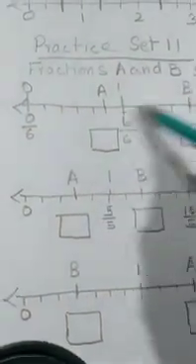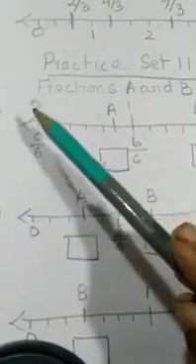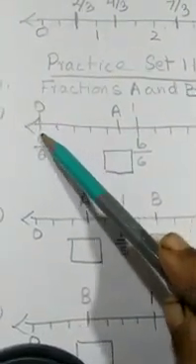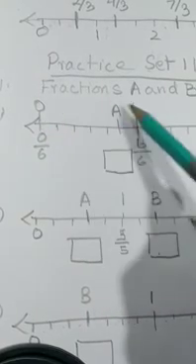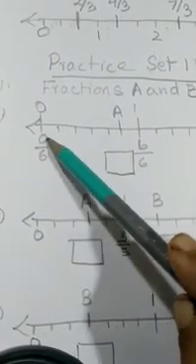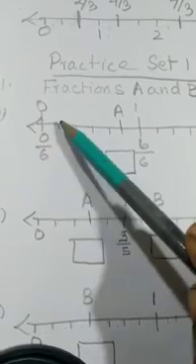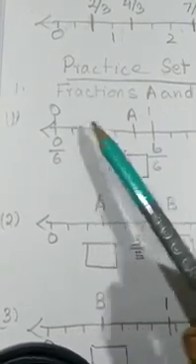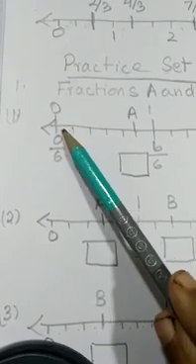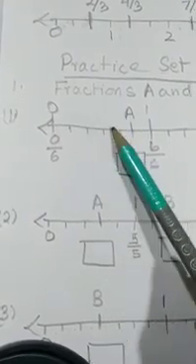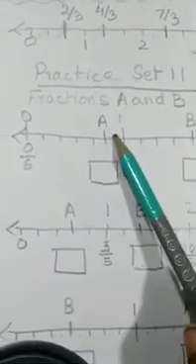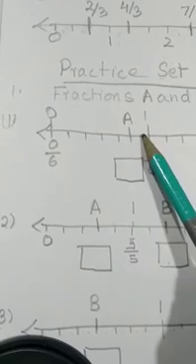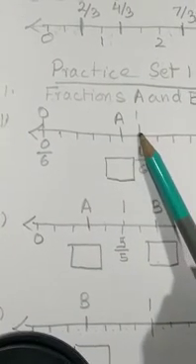Different number lines, each of these questions. We'll see how it is different. Here is the 0 of the number line and here is the 1. And see, 0 is also written as 0 by 6 and 1 is written as 6 by 6. Why? In between 0 and 1, they have been divided into 6 parts. See, 1, 2, 3, 4, 5, 6 parts. So 0 to 1 has been divided into 6 parts on the number line.